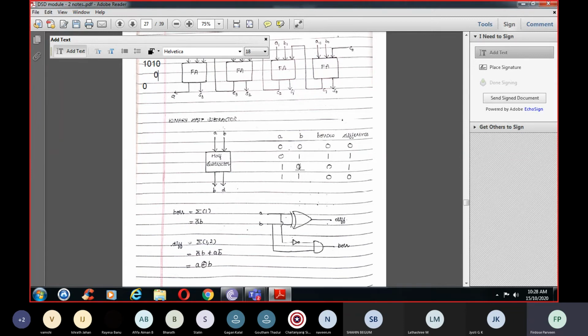Next, 1 minus 0. What is it? Difference is 1. This is positive, so you will not have any borrow over here; only the difference will be 1. 1 minus 1, what will you get? 0. So borrow will be 0 and the difference will be 0. Now corresponding to borrow B, where it is 1, it is here. Which decimal number is it? 1. So the summation, or you can directly write the answer, is A bar B. So borrow is equal to A bar B. Now for difference, where it is 1, it is here and here, that is decimal numbers 1 and 2.